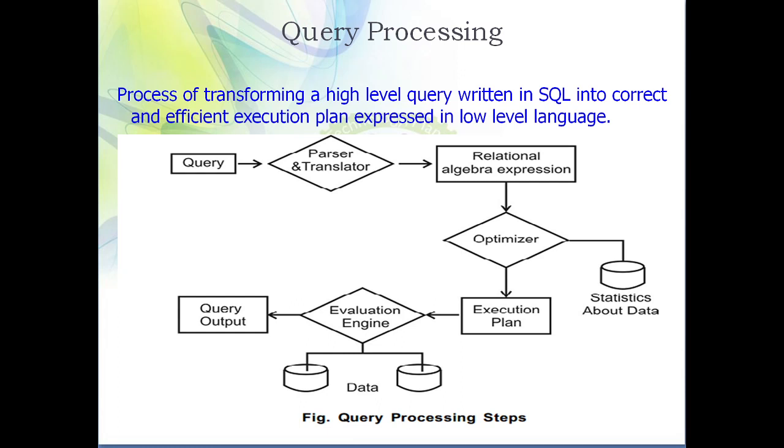In optimization, you are selecting the better choice or the efficient choice. Just like in this example, there are two routes to reach college from your home. Route 1 will take 10 minutes and route 2 will take 15 minutes. So I will choose route 1. Why? Because it takes less time. In the same way, one query can be written in multiple ways. So you need to find an efficient way of executing that query so that your time will be saved.